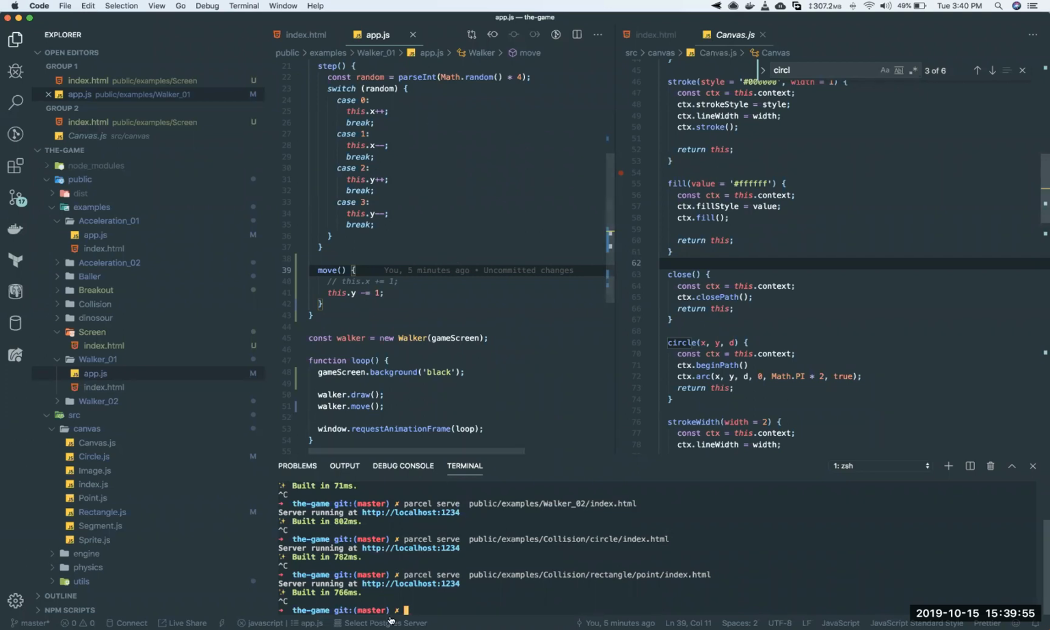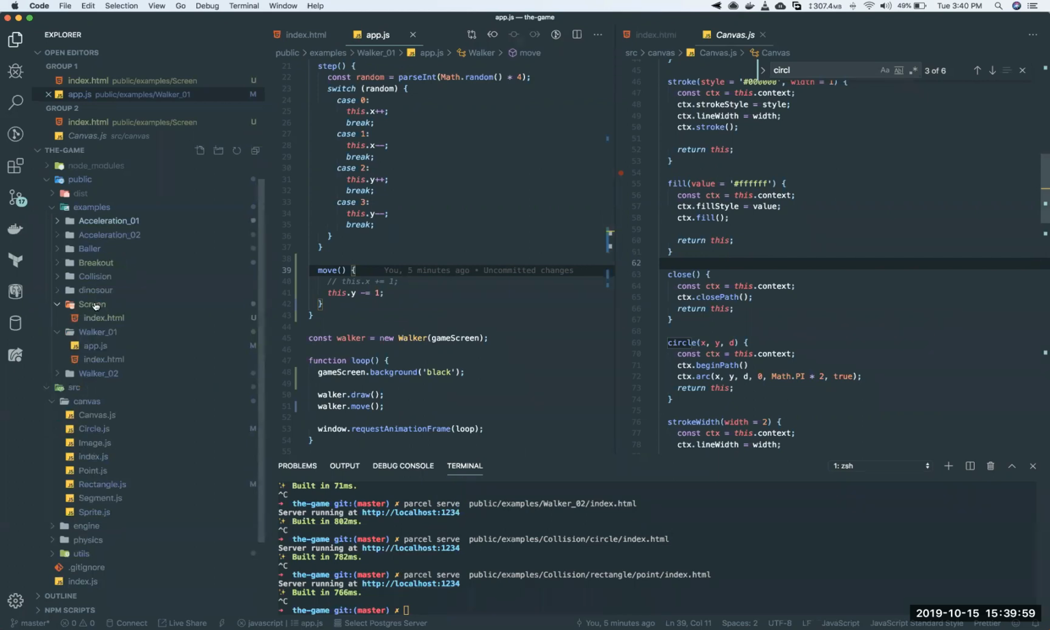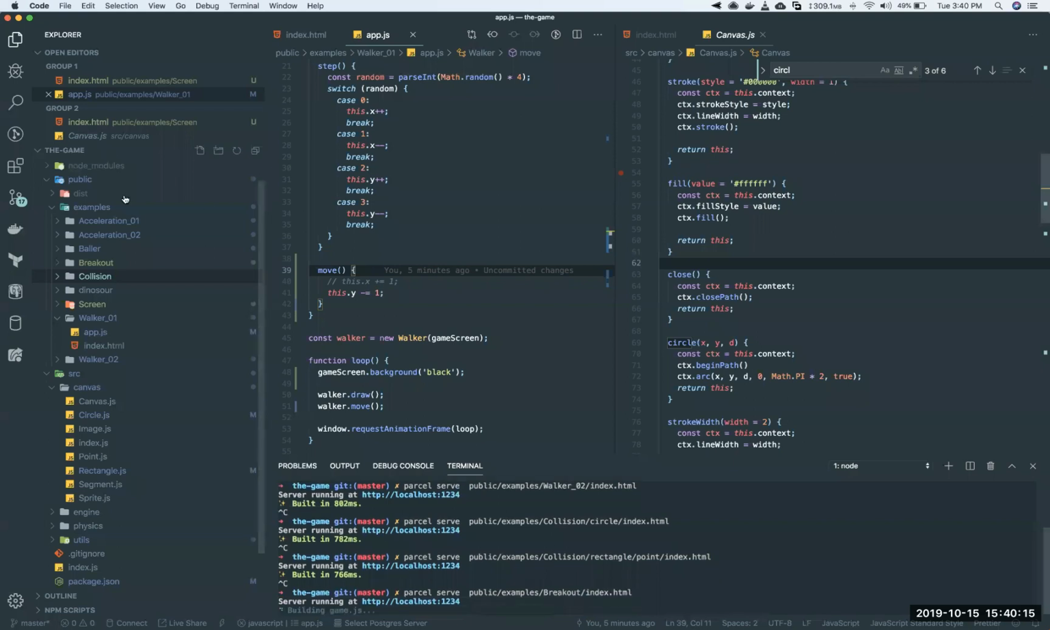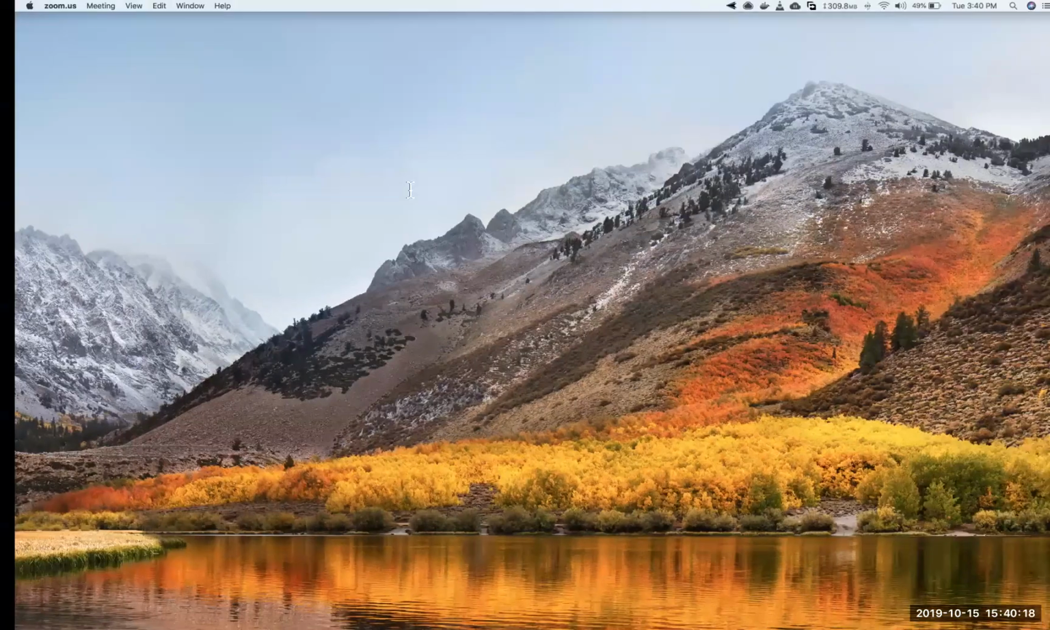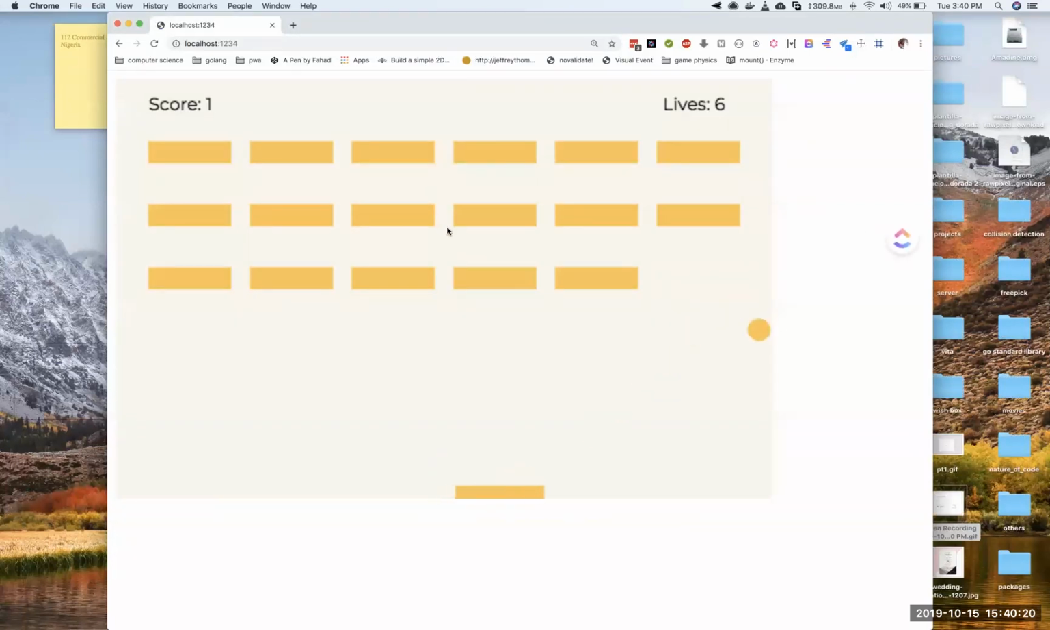Okay. I'm just going to show you guys the end product of what we have, which is self-serve. Hopefully I've not broken this. All right. So this is